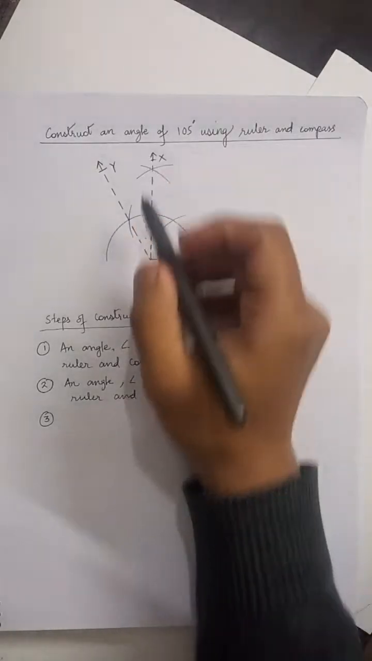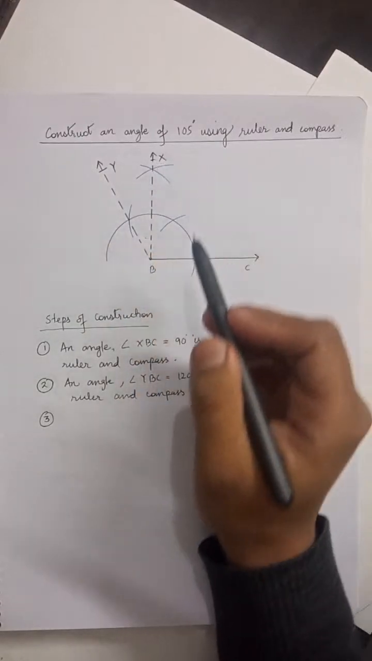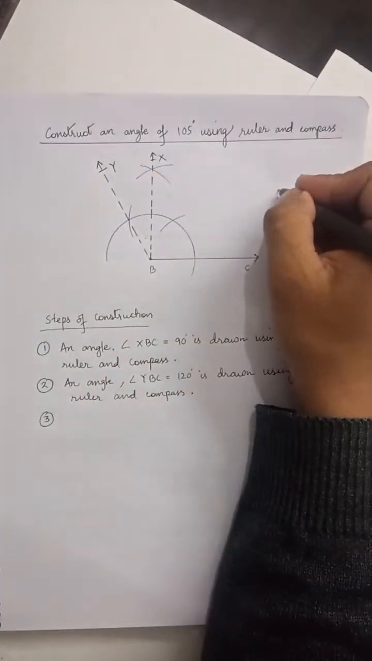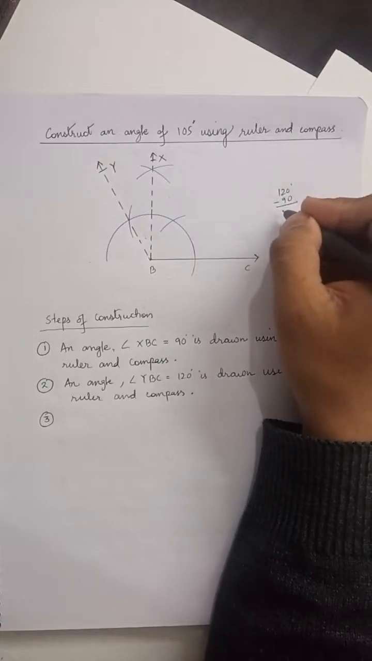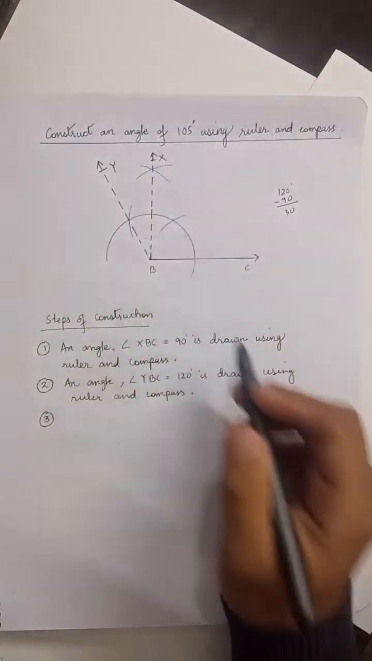Okay, so now the angle between these two angles, angle YBX, is how much? Like I showed in the previous, we have 120-degree and we have 90-degree. So 120 minus 90-degree is 30. So this small angle YBX is